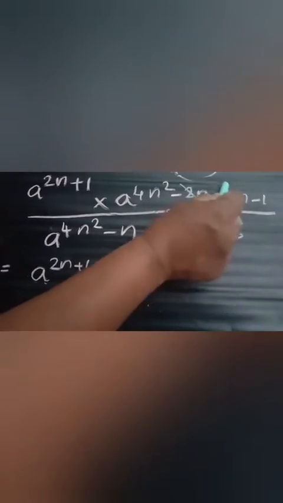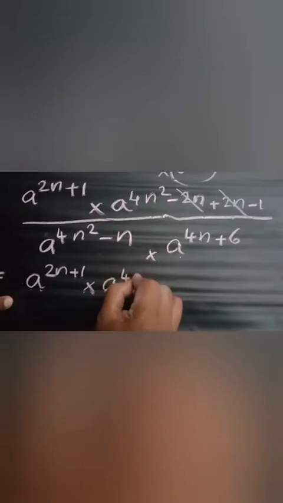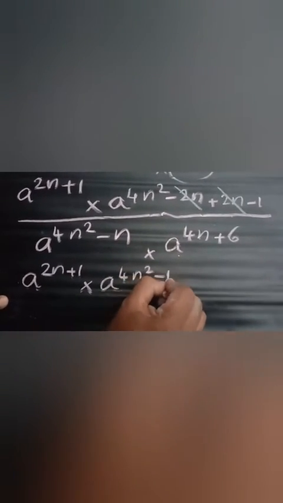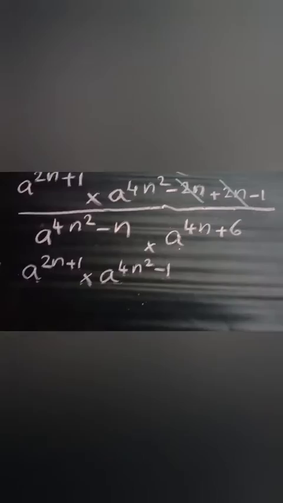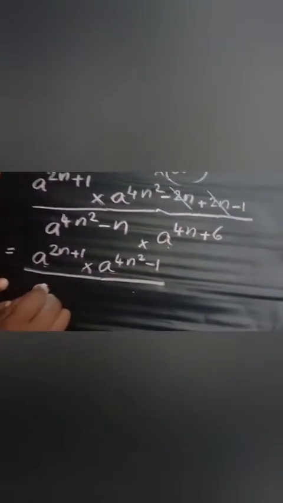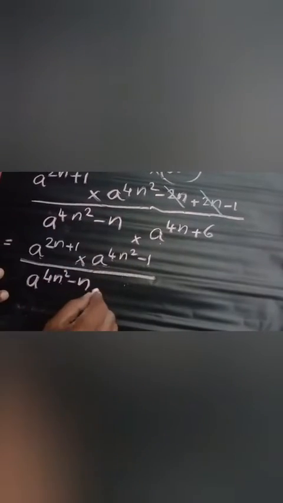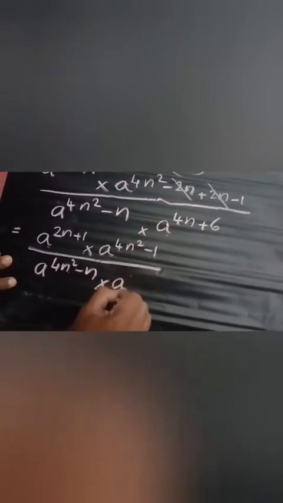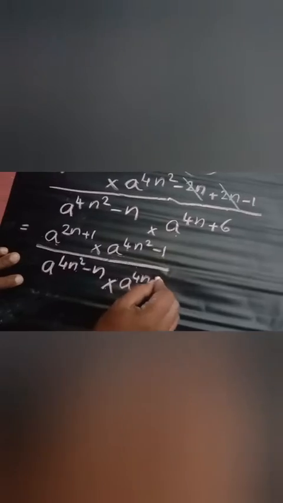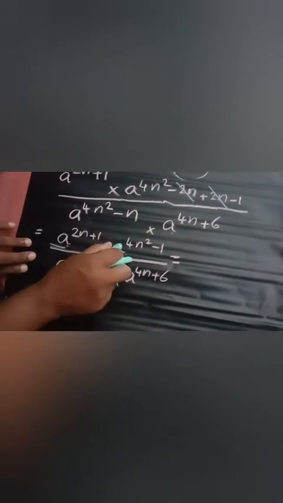The remaining terms are a raised to 4n square minus 1, divided by a raised to 4n square minus n, a raised to 4n plus 6 equal to, now here listen, base A,